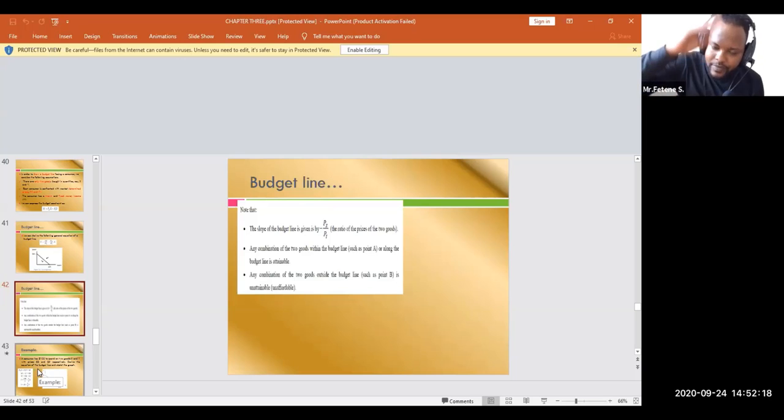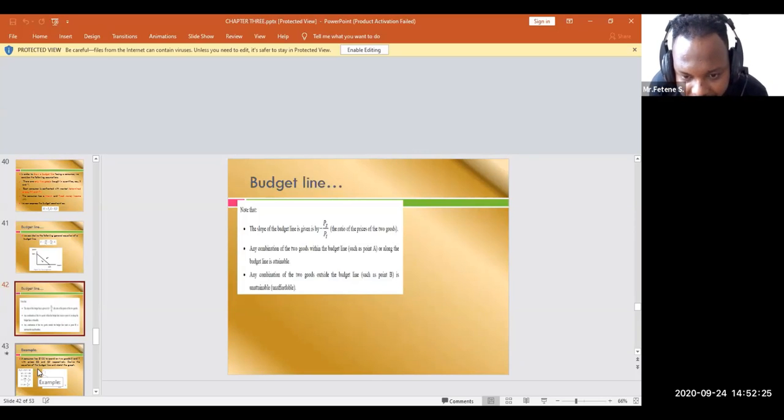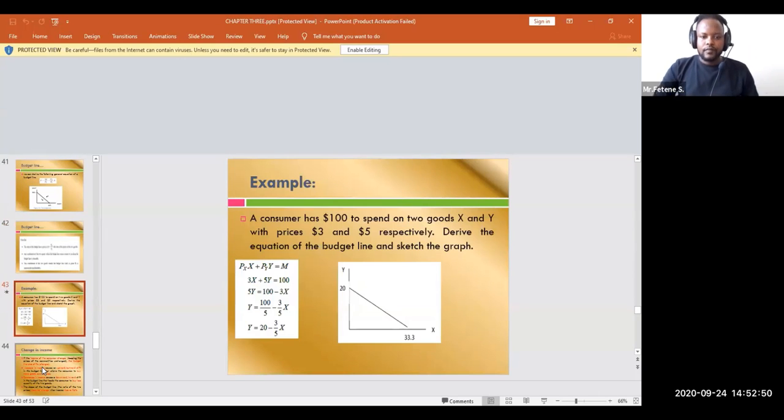That ratio shows us the slope of the budget line. But the slope is always negative, because the line is downward sloping. Any combination of two goods within the budget line, such as point a, as we did before, along the budget line or below it, is attainable. But any combination of the two goods outside the budget line, such as point b, is unattainable or unaffordable, because our budget is limited. So now